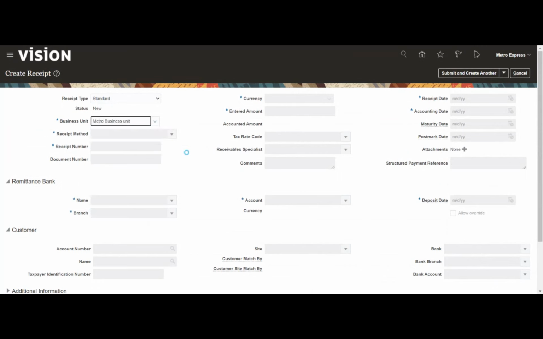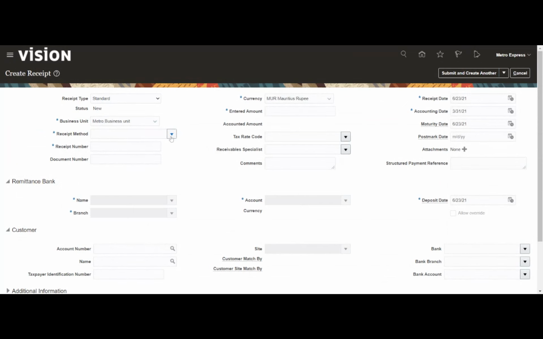Now I'll select the receipt method that we created. Okay. So now we can see that the receipt number is user enterable. The reason being is that we gave this as a manual option. Okay. So in most cases, this is a check number.